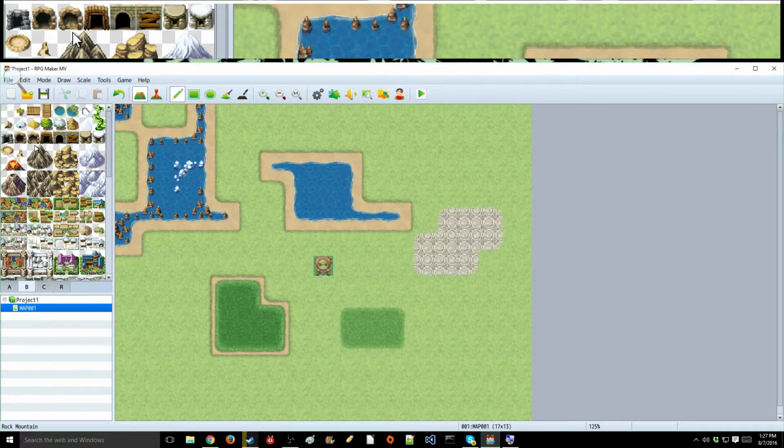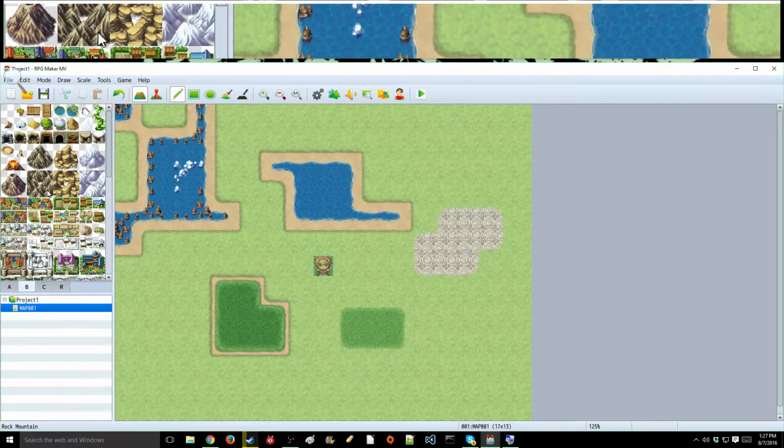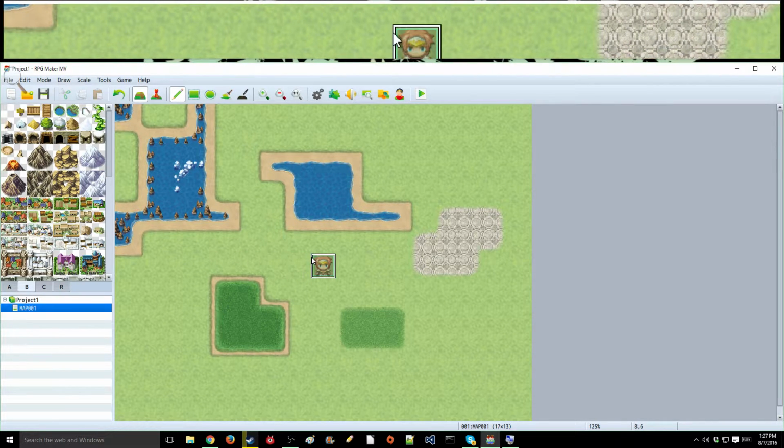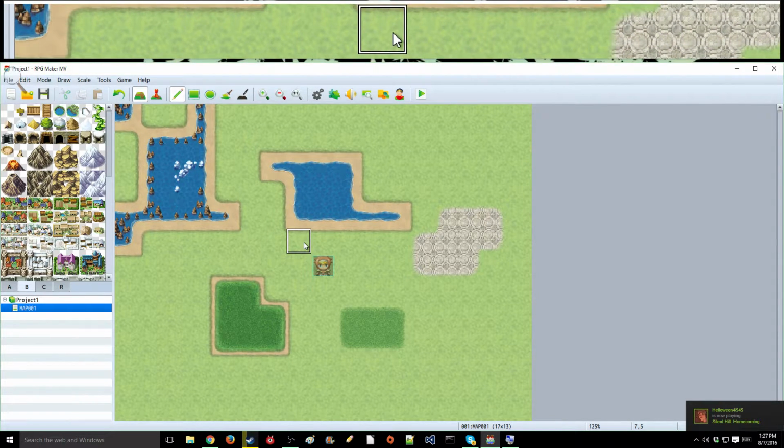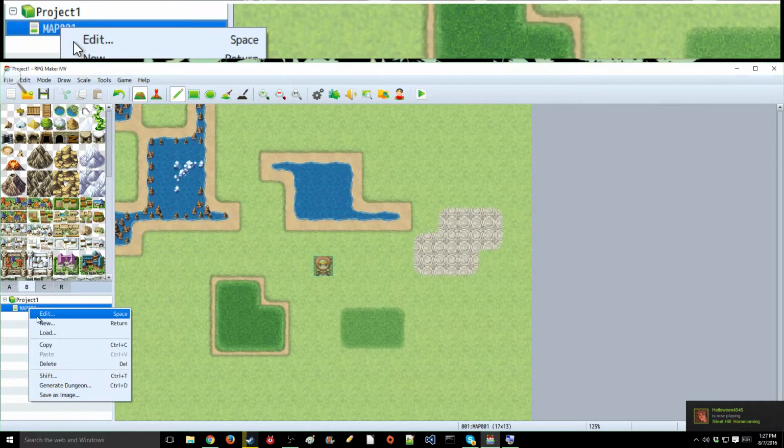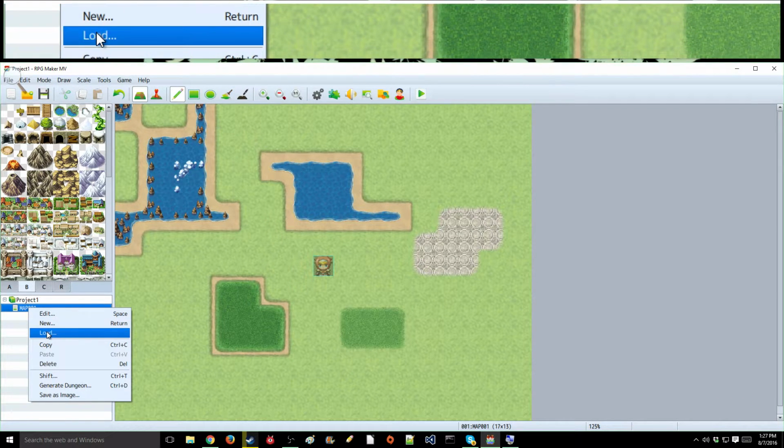is known as an overworld or a map, a world map. In older JRPG games such as Final Fantasy, when you left a town, you often found yourself on a world map. So let me go ahead and show you guys an example of a world map, and I'm actually going to